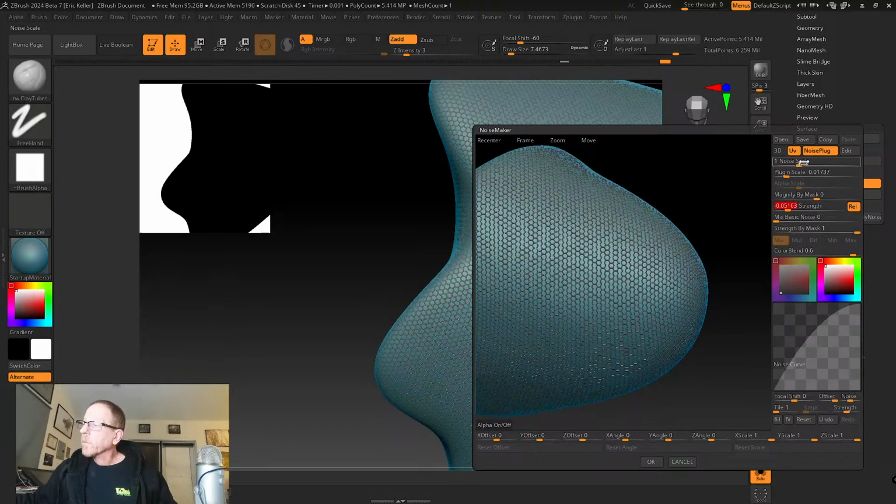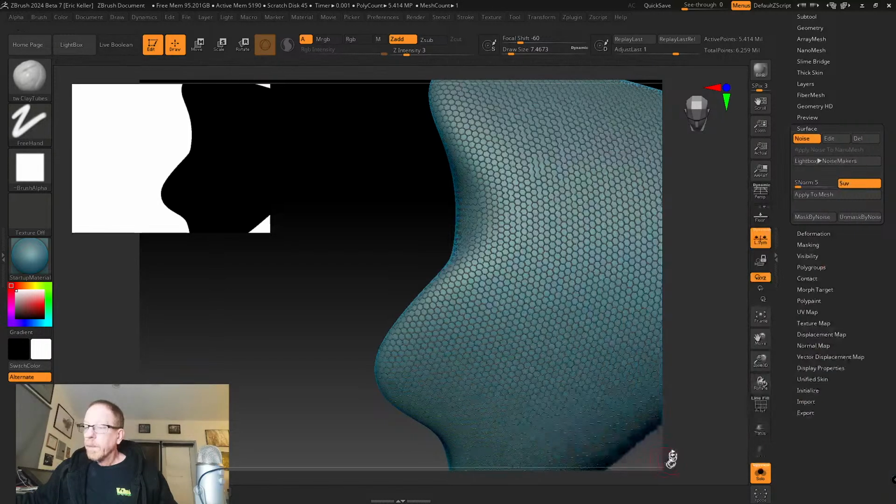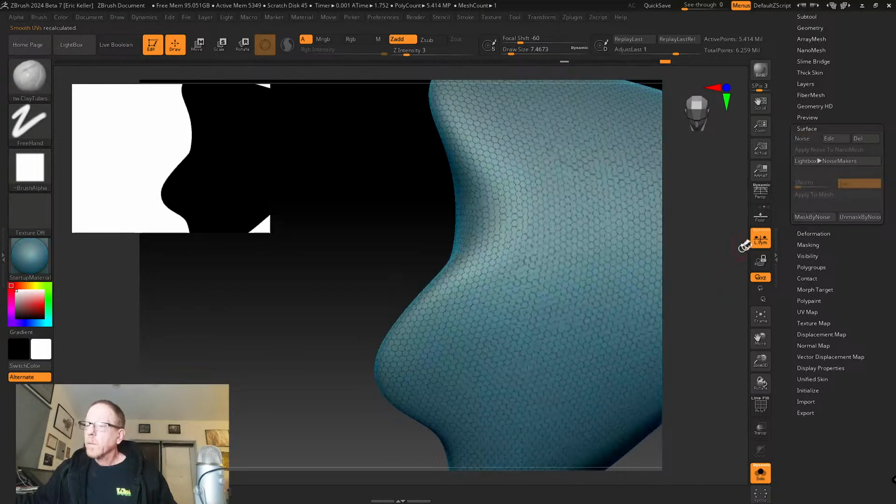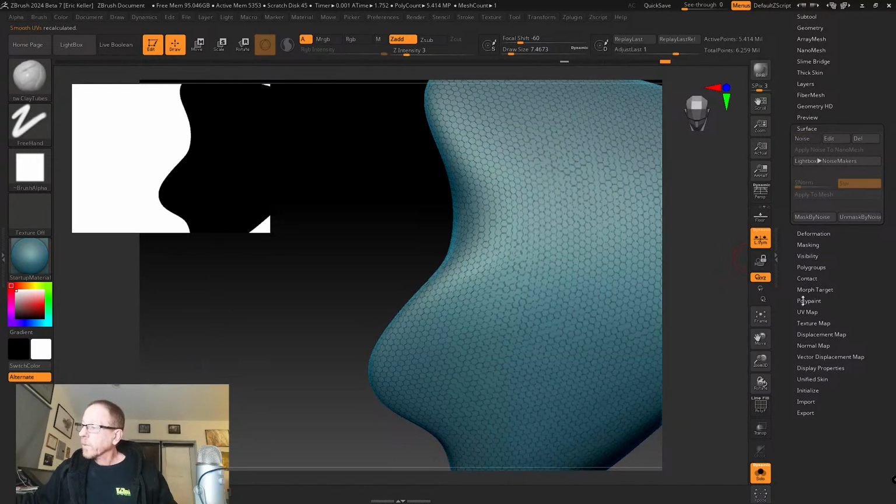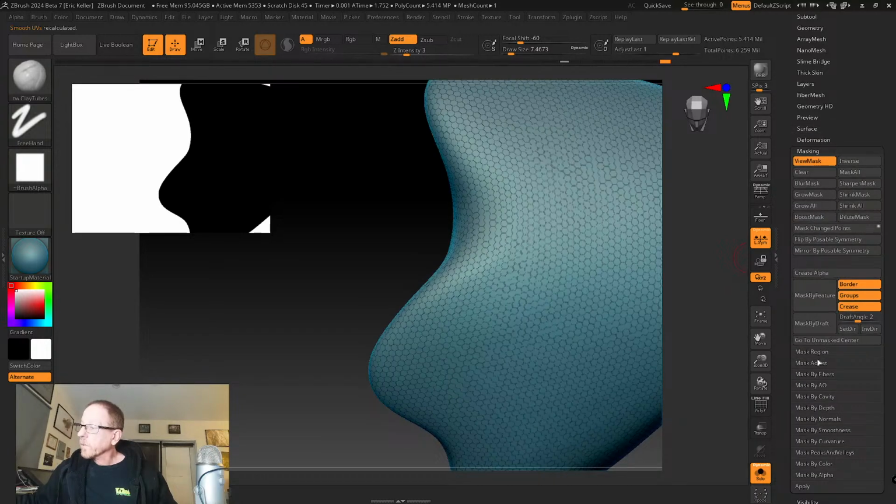Some kind of gaps in there. Let's give this a try. Mask by noise. Last week it worked a lot better. Might just need more resolution here, but